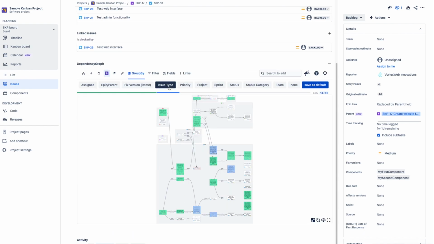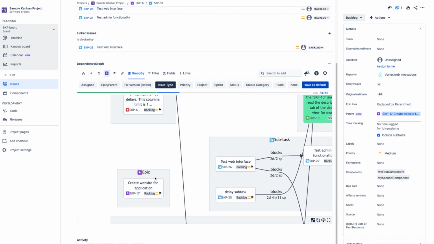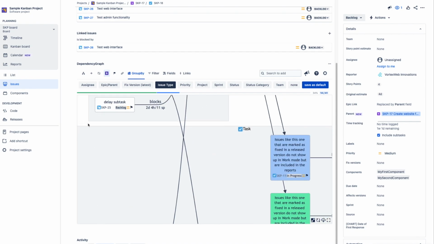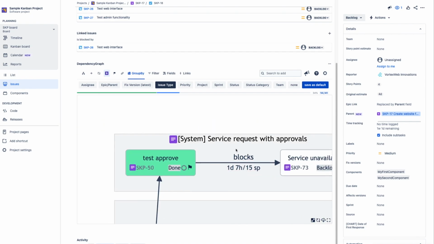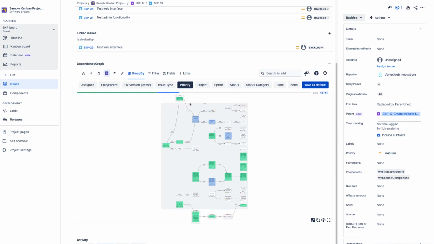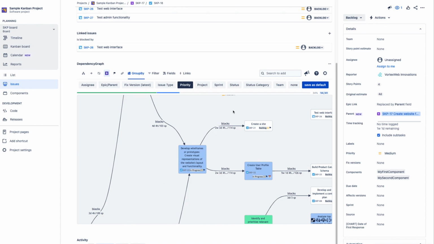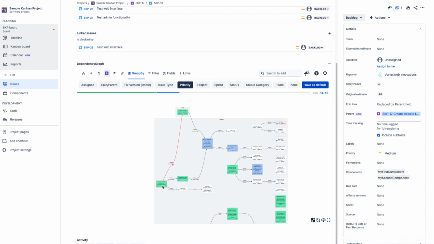Then, when we group by issue type, we can see bugs, epics, tasks, incidents, and other types separately. Priority grouping helps us manage the most crucial issues and see their blockers. On the graph, there's an issue with high priority, so we must address the blocking task first and raise its